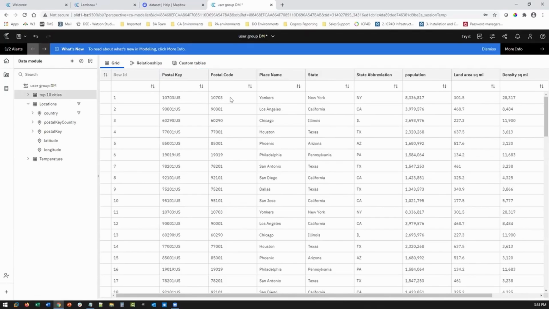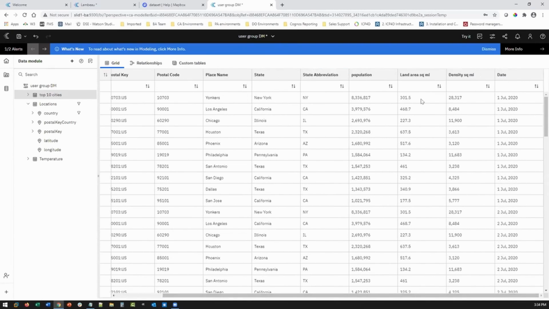I've got a postal key, a postal code, a place name, which is the city, state, the abbreviated state, population, square mile density, and the date. This is going to be important. When the API calls are made through the weather API, it's on a zip code or postal key basis and also by a day basis. So as you can imagine, if you pull in 2 years worth of data for, let's say, 400 or 500 different postal codes, that can be a heck of a lot of data